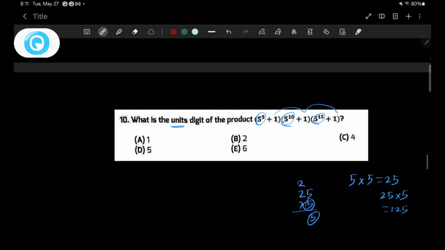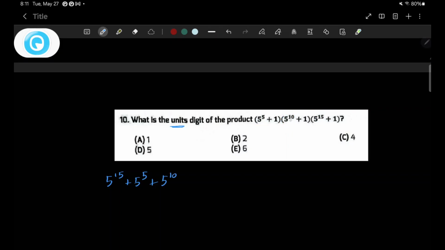Okay, so let's expand this and see what would be the case for the unit digit. So let's expand the first two brackets. 5 to the power of 5 times 5 to the power of 10 is 5 to the power of 15, plus 5 to the power of 5, then plus 1 times 5 to the power of 10 is 5 to the power of 10. 1 times 1 is 1. And now I need to multiply this by 5 to the power of 15 plus 1. Multiplying each of these, 5 to the power of 30 plus 5 to the power of 20 plus 5 to the power of 25